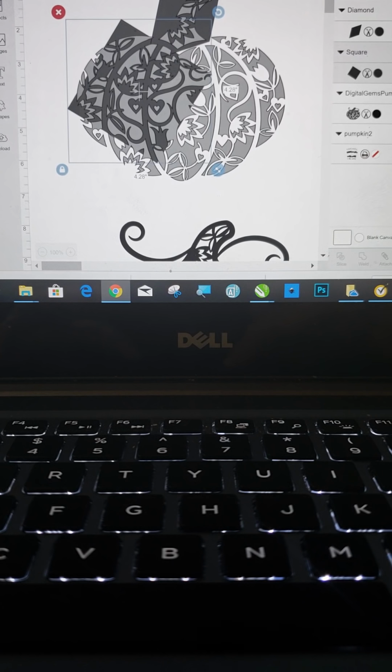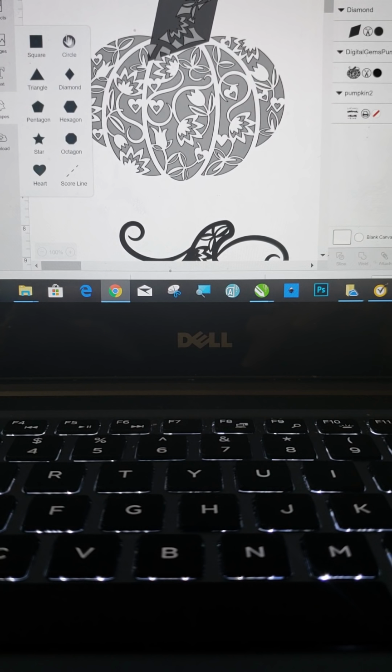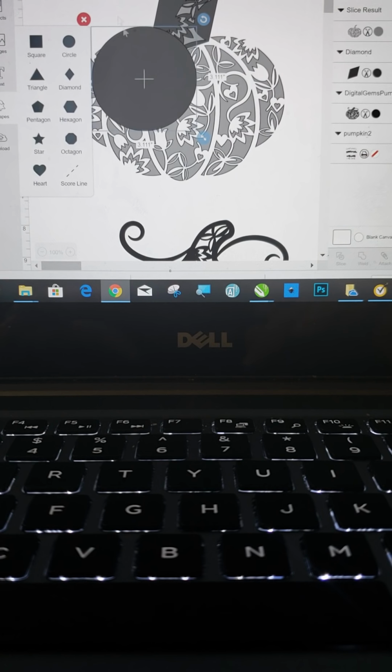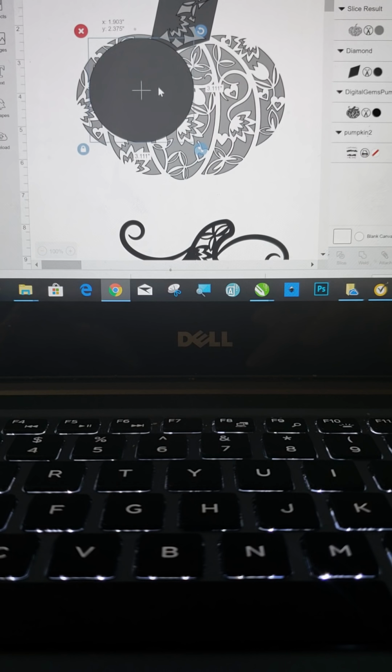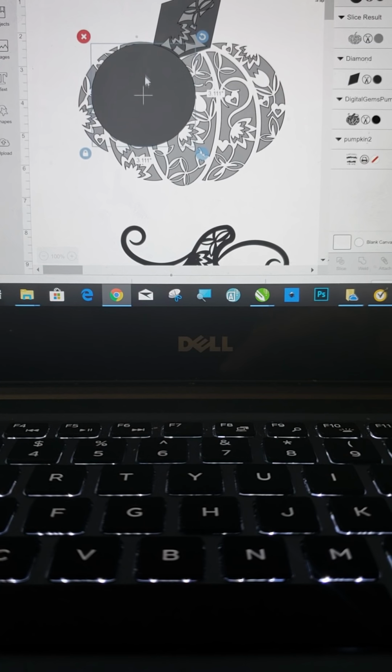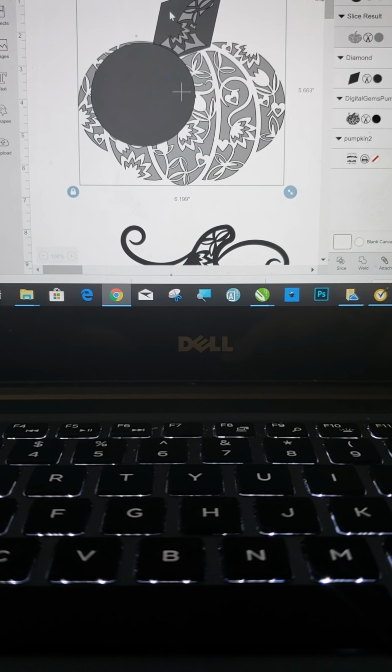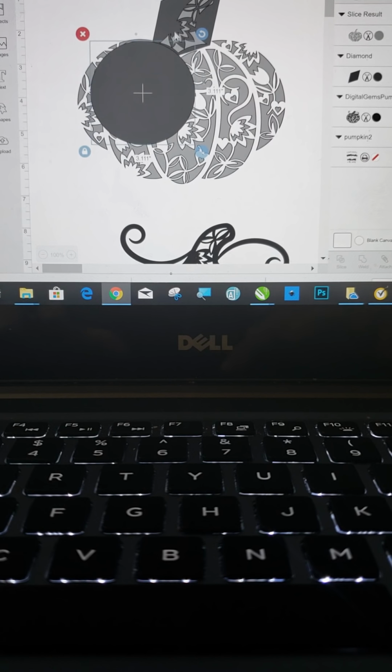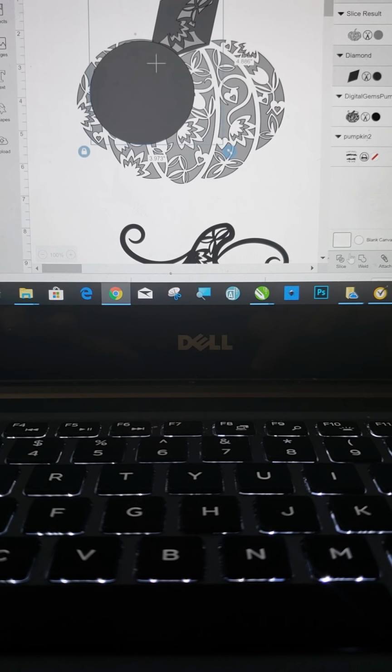So here, let me actually, I'm going to get rid of that square. I'm going to bring a circle, and that'll be a little bit easier because the pumpkin's a little bit curved. Okay, so what you want to do is you want to get as close to that as you can, and you're going to select the circle, and you're going to select, oops, not that, circle and this diamond that you had, okay? Now you're going to slice that,